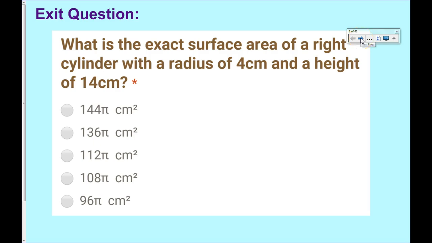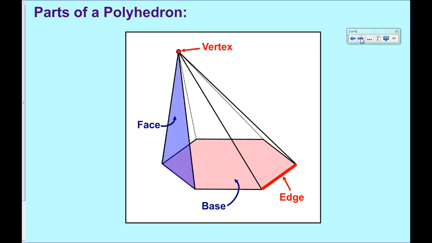Today we're going to tackle section 12.2, the area of right prisms. Up on the screen, you'll see your exit question for the day, as always, and we'll jump right into it here today. First, I want to remind you of some vocabulary words that you learned last session, but they're going to come into play here because you're going to be asked to find the area of various bits and pieces